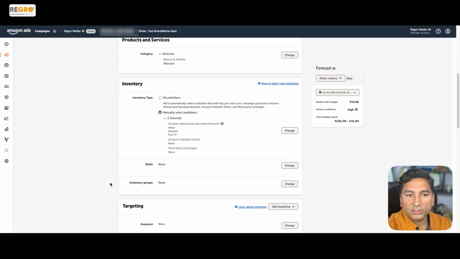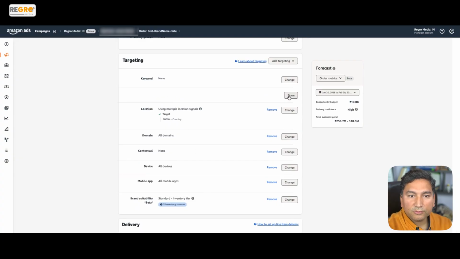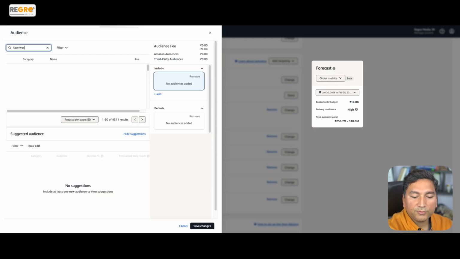Deals and inventory groups is not something that we change. Then moving to the targeting. In targeting, we have audiences, which is very important. We want to ensure we select the right audiences. In our case, since it's a skincare product, assuming a face wash, we might search for face wash as an audience